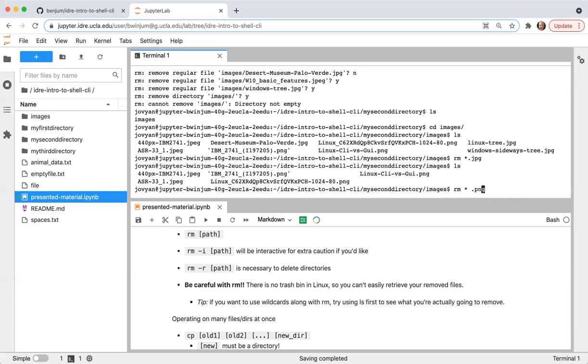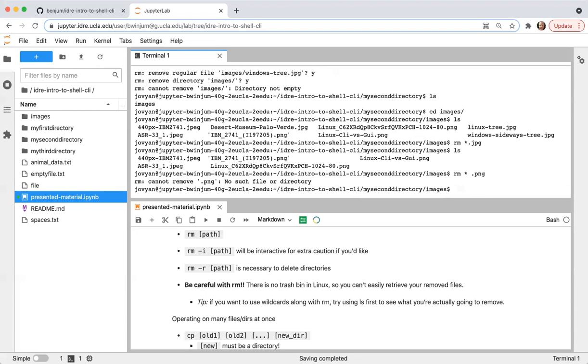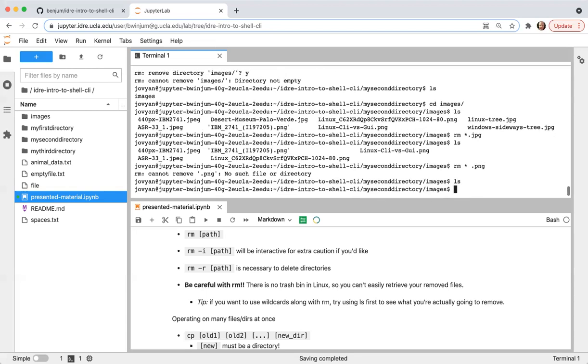So the first thing it's going to do is remove everything, and then it's going to tell me that .png doesn't exist. But if I list the contents, it's deleted everything. So you do have to be careful about using wildcards when you use remove, because if you mistype something, or if something gets interpreted incorrectly by the shell, you can quickly do a lot of damage to the files that you have.